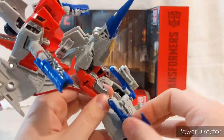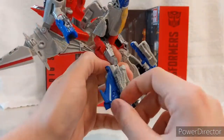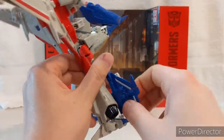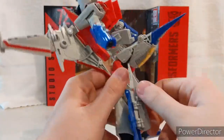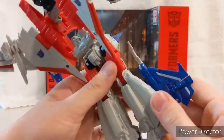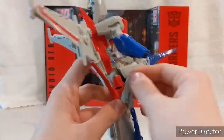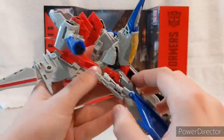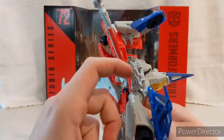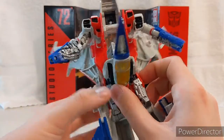First off, you want to go ahead and flip them out all the way. And then this side, it has the top tail fin. You want to flip this out like so. And then you want to flip this out, and it's supposed to flip up and around, and it clips into his thigh, although it doesn't necessarily want to stay in place. And then you flip this down, which is a gap filler, which I do appreciate,